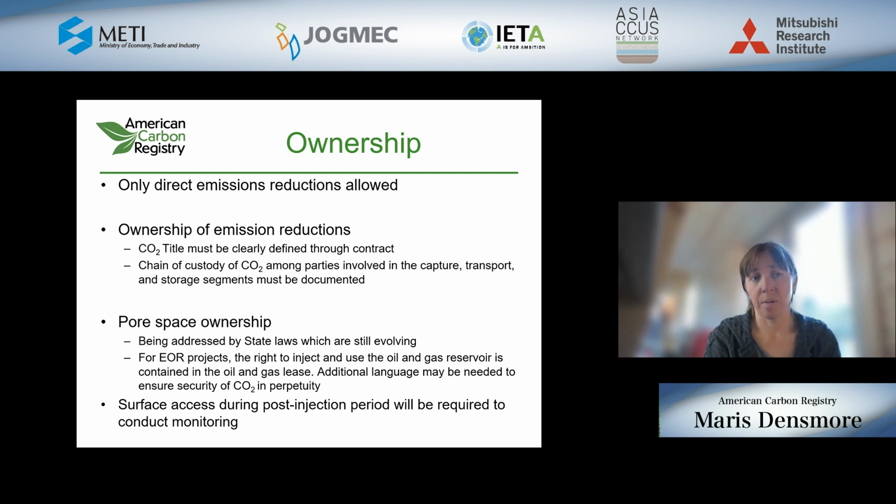And then another important and sometimes challenging aspect of CCS projects is the pore space ownership. We are seeing in the US it being addressed increasingly by state laws, but internationally it is not always clear who owns the pore space and who may own mineral rights if it's in a location where there's oil or gas production, and then who owns the surface rights. So having those three different parts, we really need to make sure that we understand legally who is able to say, yes, we can put CO2 in the ground here. I have the right to do that,